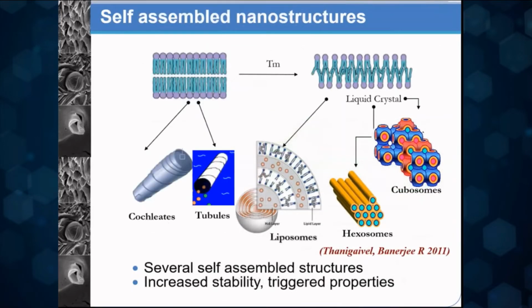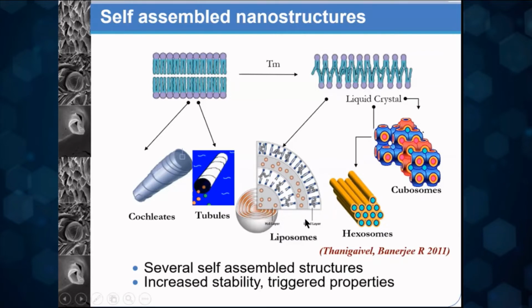Using these principles, you can cause various forms of self-assembled structures. In this slide, you see an example where this is a bilayer structure, again amphiphilic. This is the hydrophilic, this is the hydrophobic components. Now, depending on the phase transition of the layers, the packing, that is the lateral distance between these various molecules, can be modulated. And depending on various other moieties and environmental structures, these can be made to self-assemble into different kinds of structures, which can also convert from one to another.